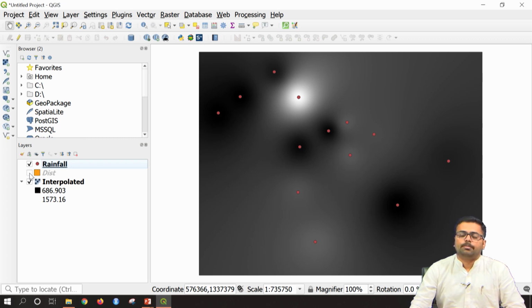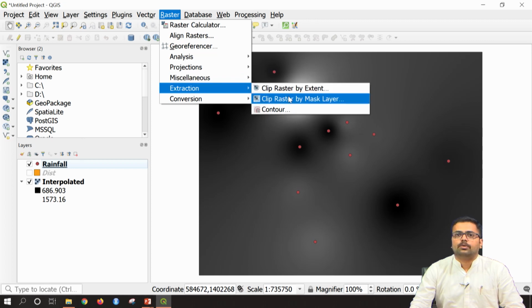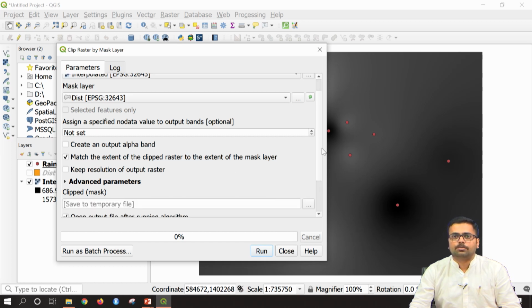So, the next step is to clip this particular interpolated map according to the district boundary. To do that, I will go to raster, and here in extraction you have raster clip by mask layer. That means you are just masking the layer and you are just extracting that particular information. So, input layer will be interpolated map and masking layer will be district, that is correct, and I will not change any of the other options.